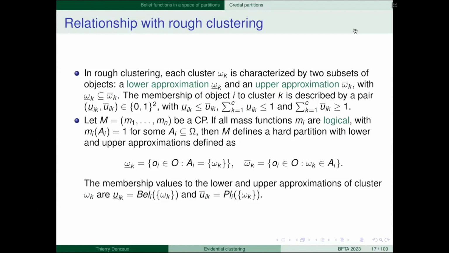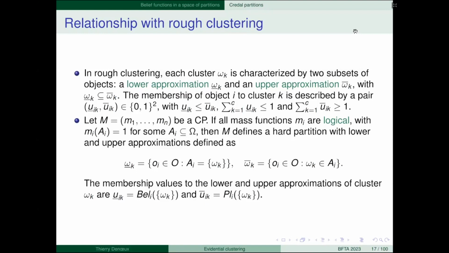The lower approximation of cluster k is the set of objects whose label is exactly omega k, so they surely belong to cluster k. And the upper approximation of cluster k is the set of objects whose label contains omega k, so it's an object that may belong to cluster k.